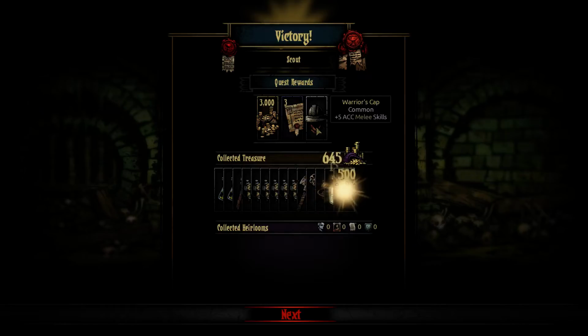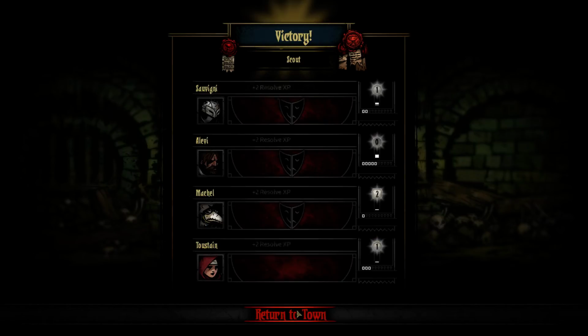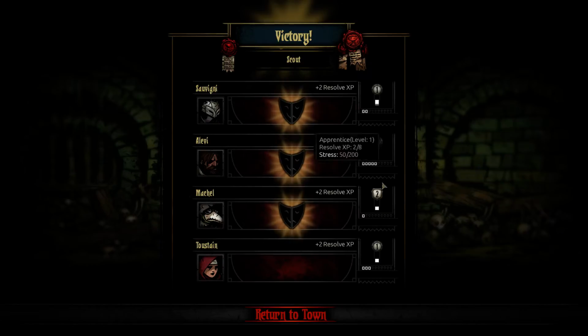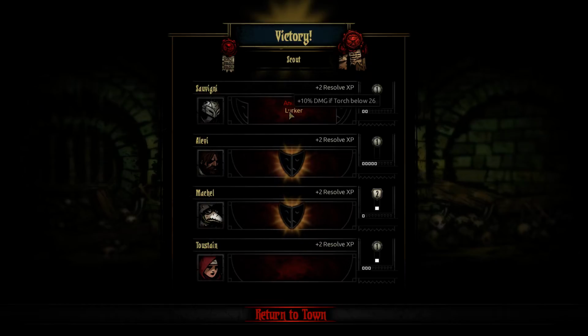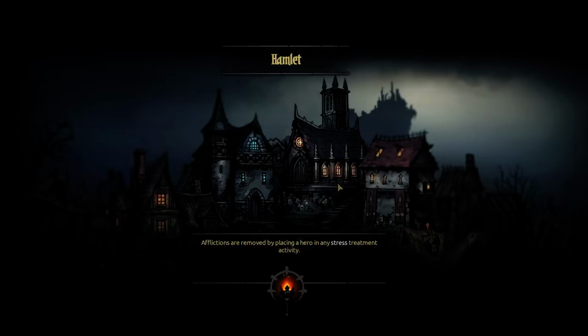Alright. So we got a warrior's cap here. That's going to be good for anybody who we want up front using melee skills. We made 5,000. Got some XP for our peeps. And anemic. I don't think those are both very useful. If you don't have range skills, I think I'm okay with that. If they are range skills...